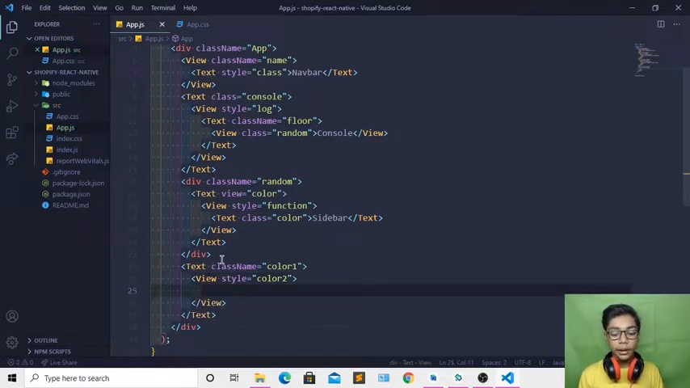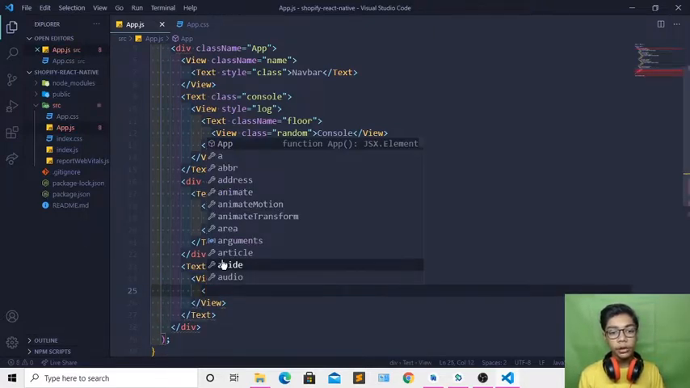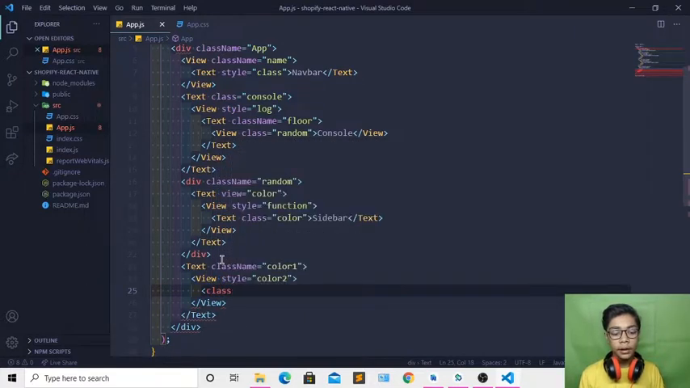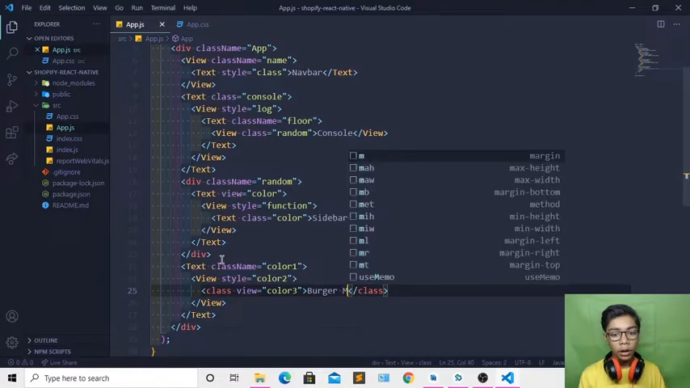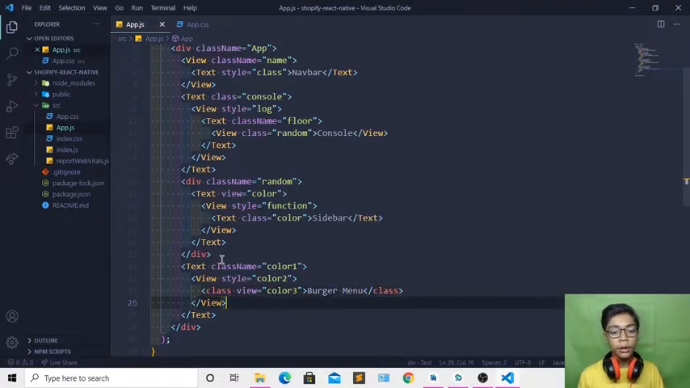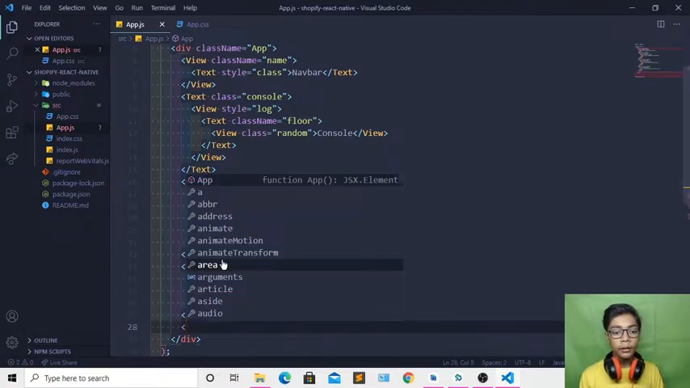Then here you have to come underneath again and create a tag, which should be class, and create view equal. Then in that I will be creating color3, close that. Then when you've written all those things, just after it I'll be writing burger menu. Here we have written. Now when you've done that, I will be coming underneath again, creating a tag which should be view